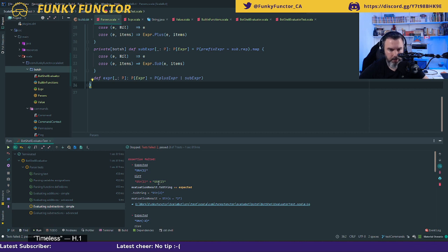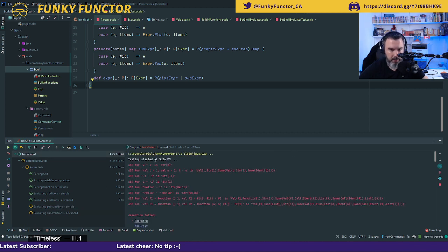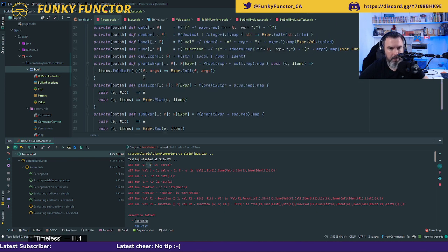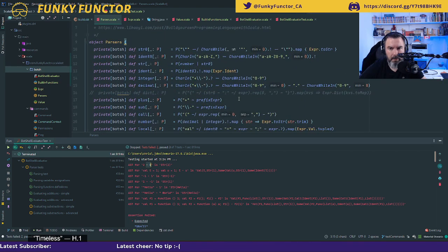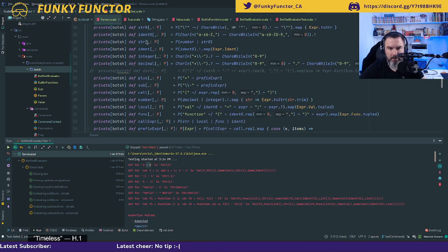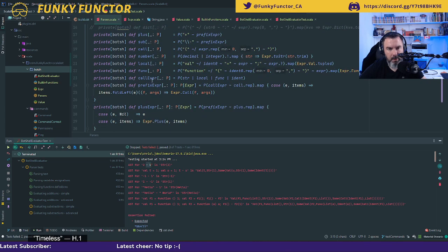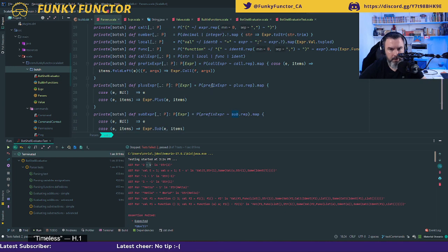So in my subtractions, it seems to only consider the first part of my expression, not the second part, not things that come after the minus. So that is a bit of a problem. So I am probably forgetting something somewhere. So if I have, let's see, plus and sub, that gets called, so plus gets called here.